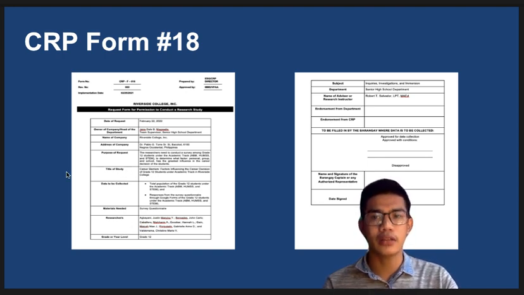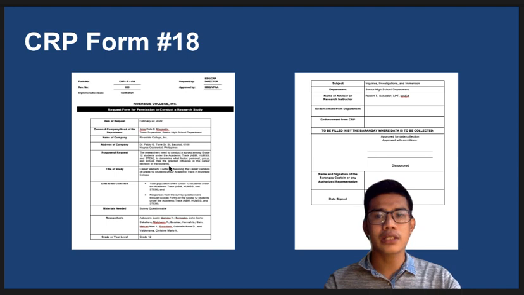So that's all under the CRP form number 18. Clear? You do not have to change the font or anything in there. Instead, you are to only put details necessary regarding your study, or what your study is all about. So on these particular sections only. Next,